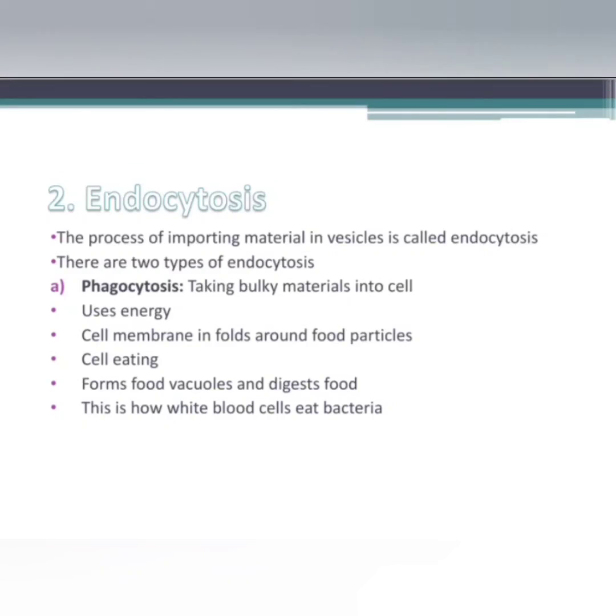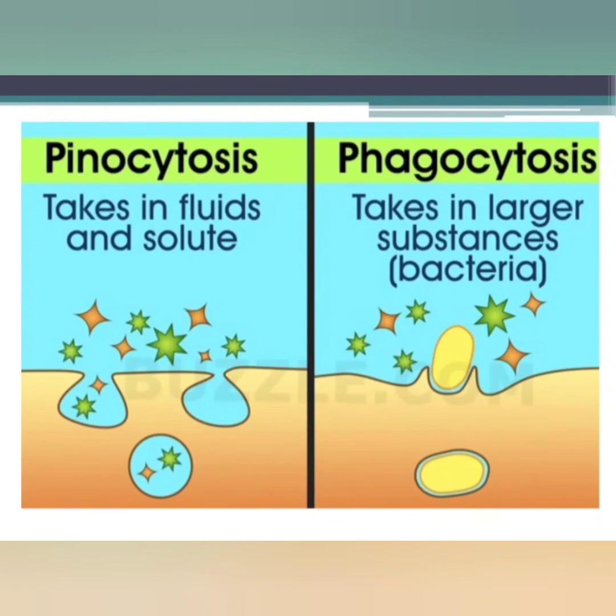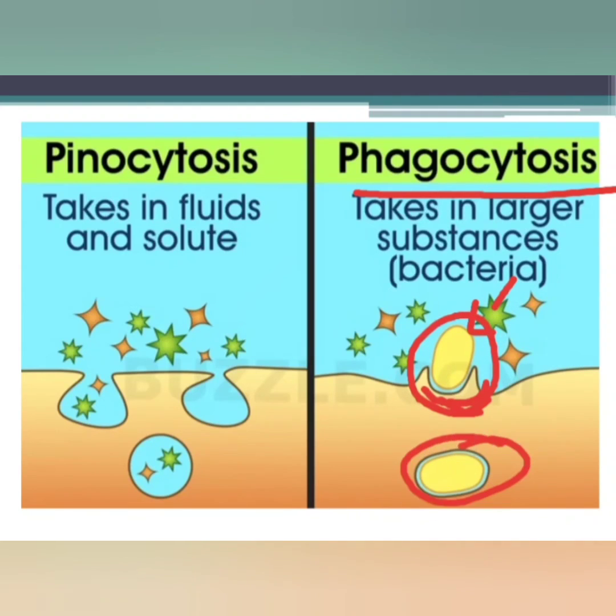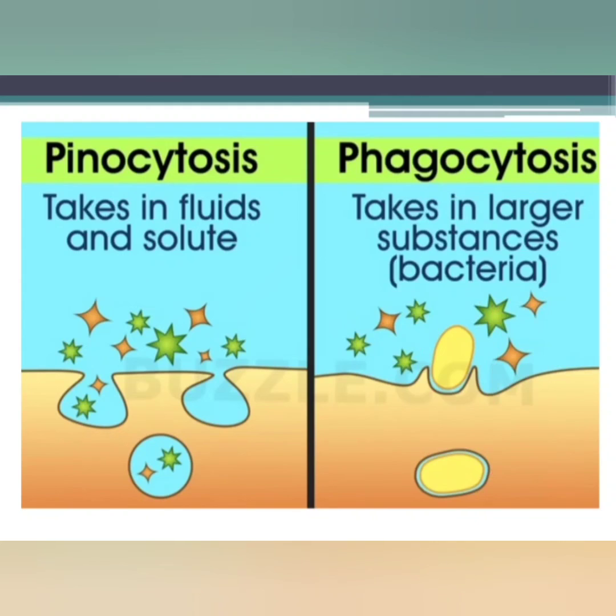Now, what happens here? This is a type of endocytosis, phagocytosis. Phagocytosis is also called the eating process because in this type, solid materials are taken into the vacuole, or you can say vesicle. The cell membrane will enfold itself around the material, and this will make the vesicle, a sac-like structure. Then the material which has to be transported outside or inside of the cell